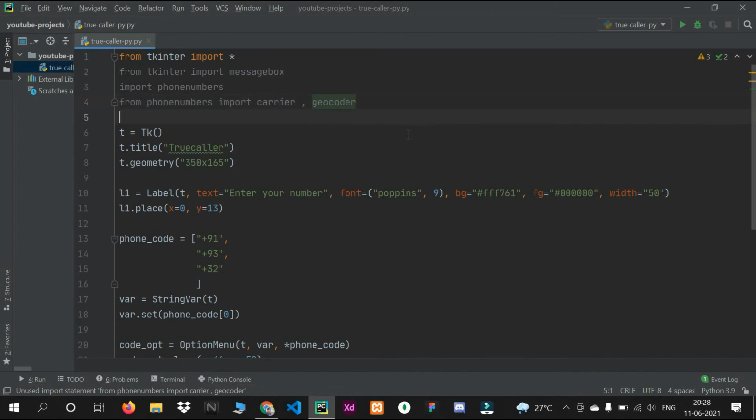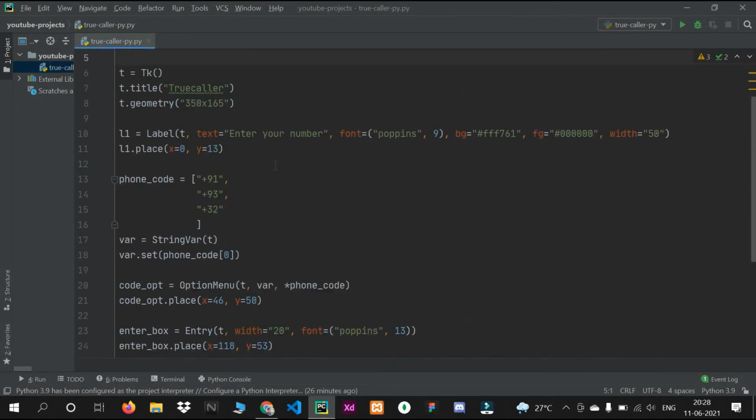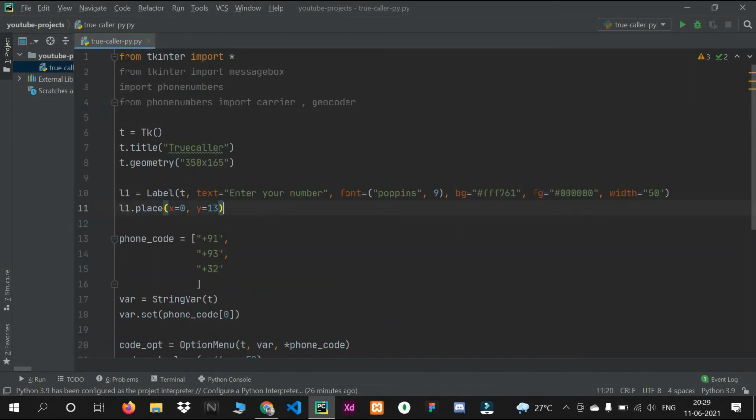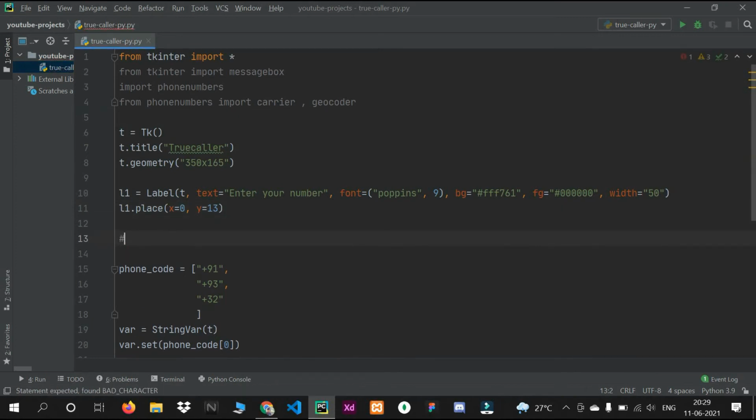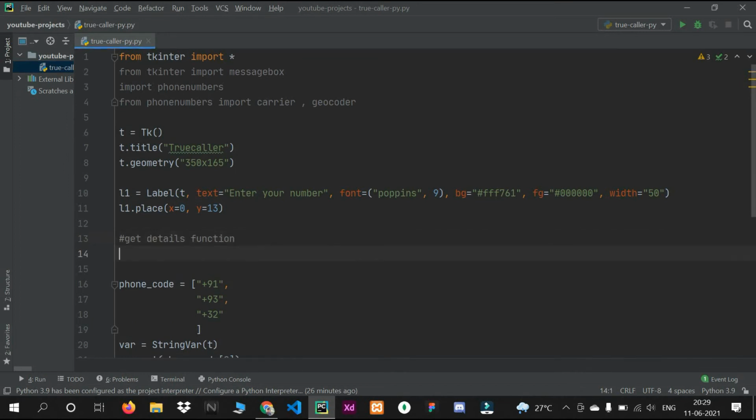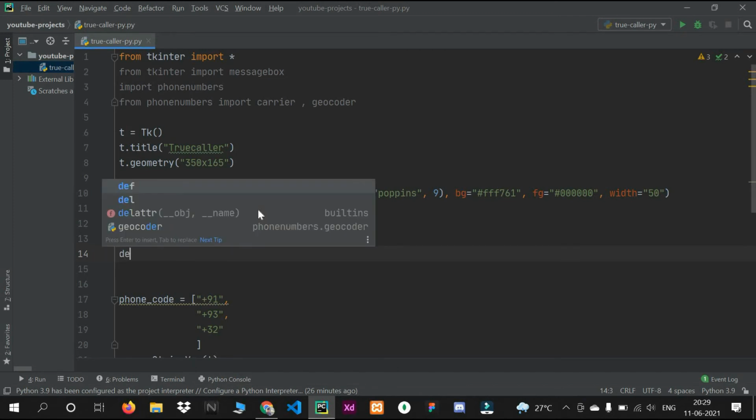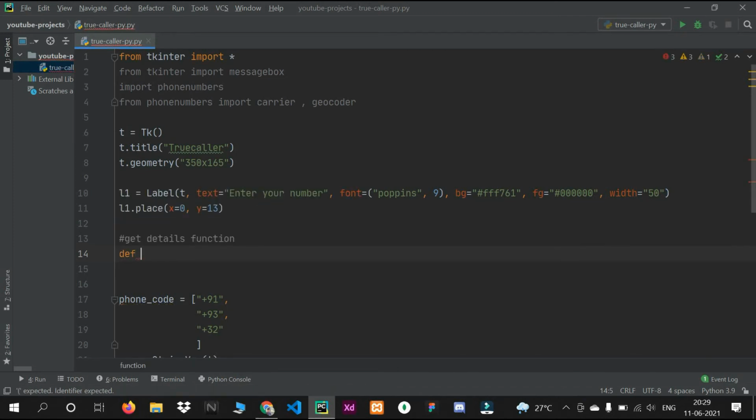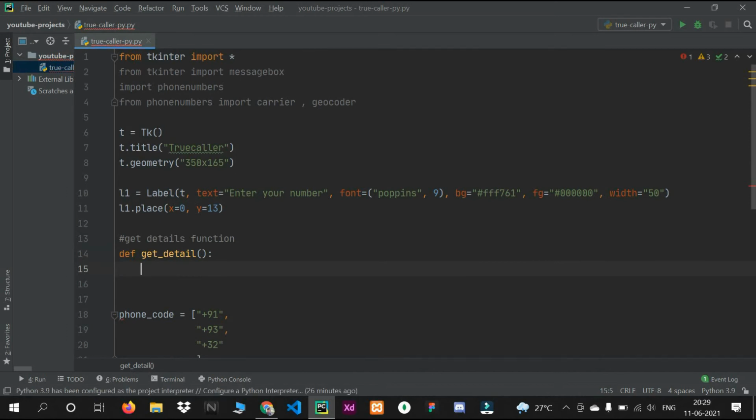After clicking the button we will get the details. So I will create one function here, let's say get details. I will write one comment: get details is our function. So I will write def, and let's say get details. Get details will be our function name.